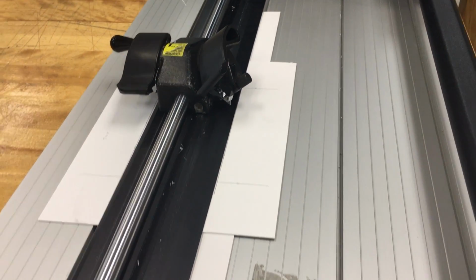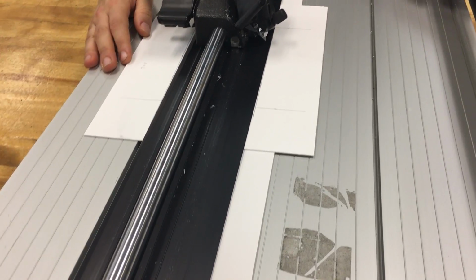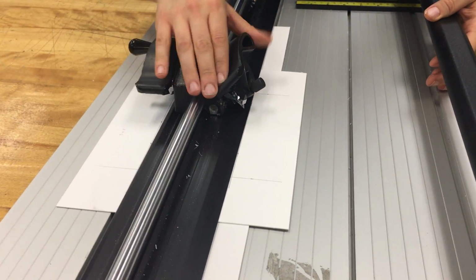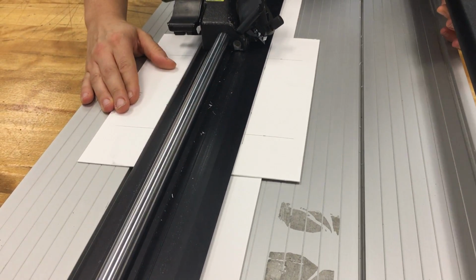So what we're gonna do is put this mat board underneath. Now, we're cutting this way, so I'm just trying to remember the orientation. You got it right. I have it right, okay. All right, so what we're gonna do